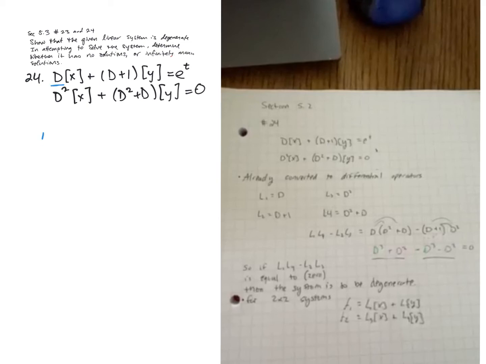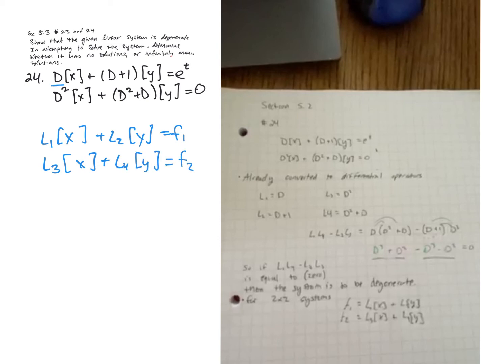So he referred to these as L1 x plus L2 y equals F1, and then L3 x plus L4 y equals F2. Then the general way to eliminate this is more or less exactly what Elle did as well, but